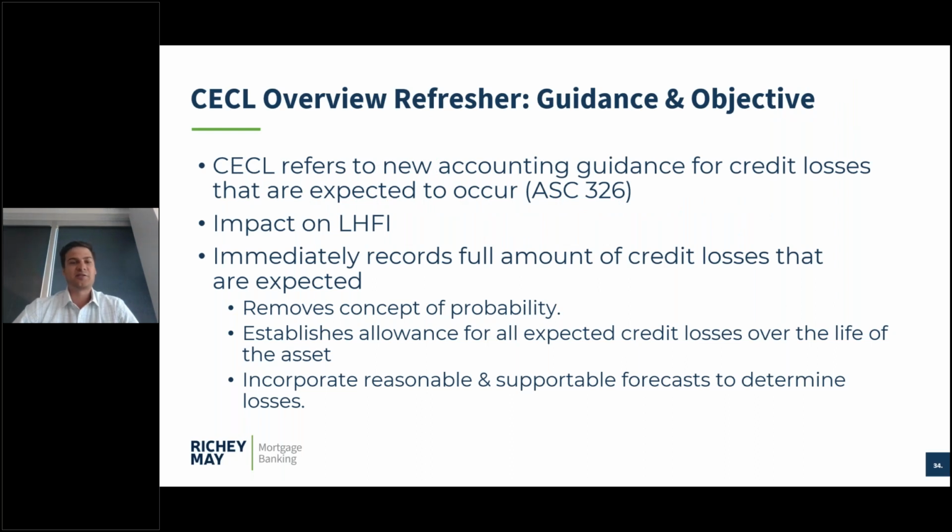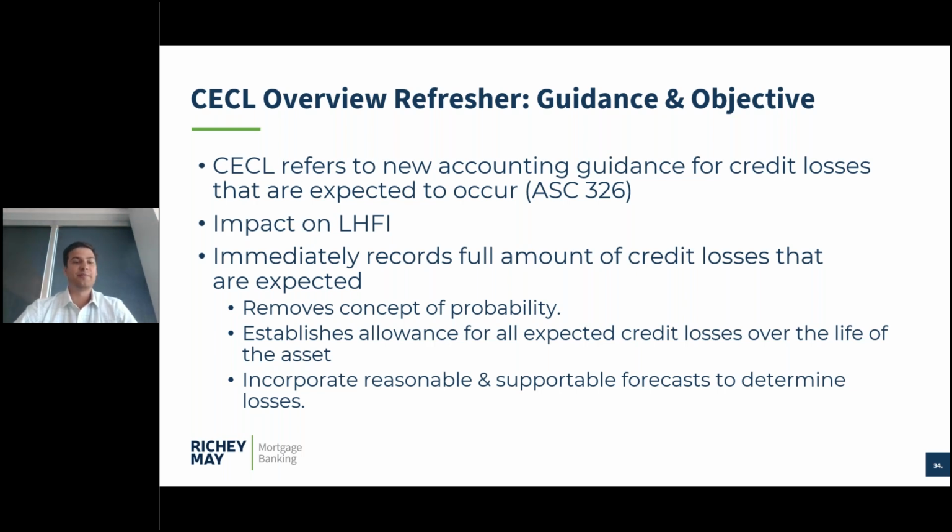So how did CECL come to be? Well, in years prior, banks could not recognize future expected losses in the loan loss reserve due to the guidance in place. So fast forward to 2016, the FASB issues the CECL Accounting Standards Update, which for private companies goes into effect this year. And there are several areas CECL will affect, like service and advances, construction loans, available for sale debt securities,